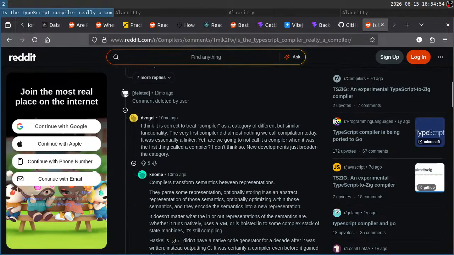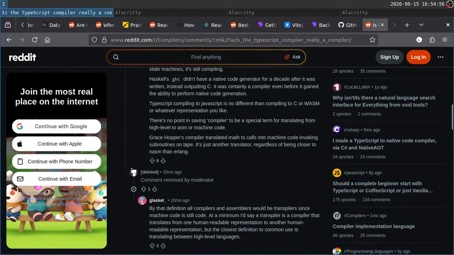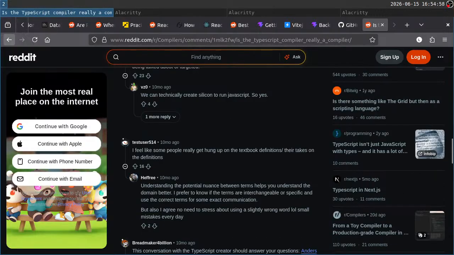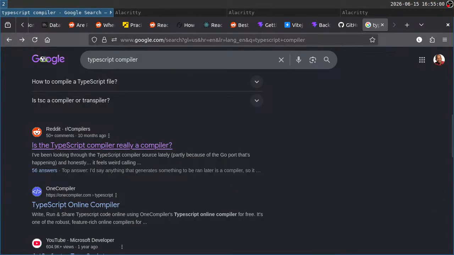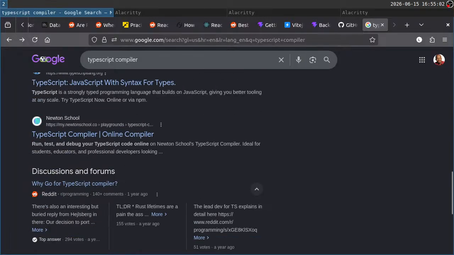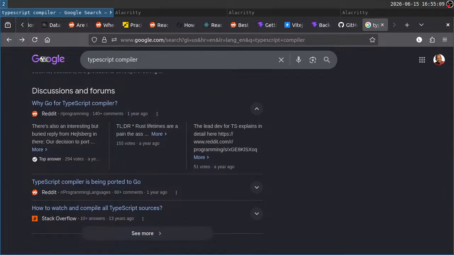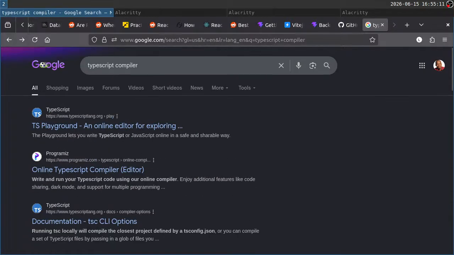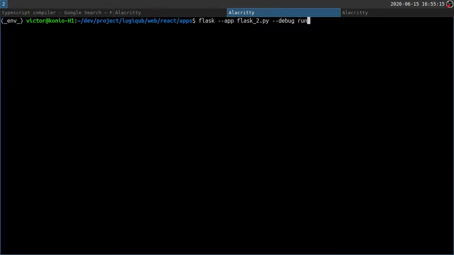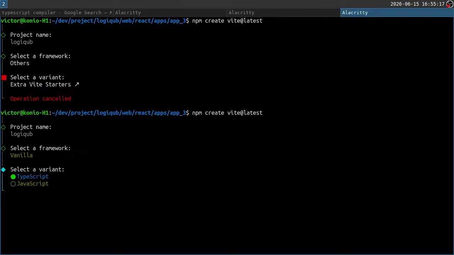Oh, it's a transpiler, it's not a compiler. Okay, whatever. That's not the question that I want answered. Well, I'm going to try the TypeScript stuff, but